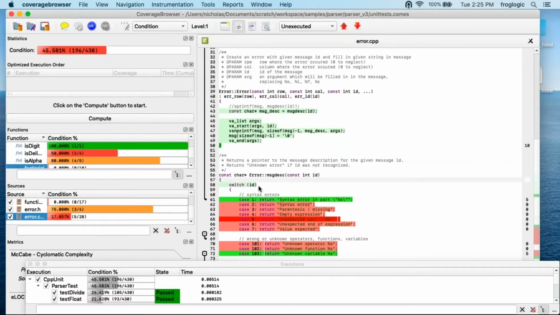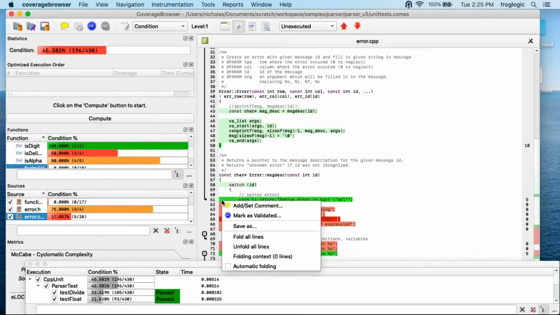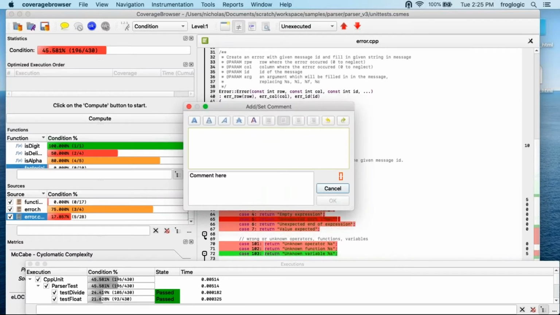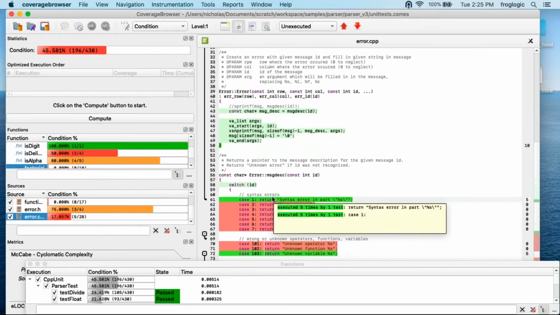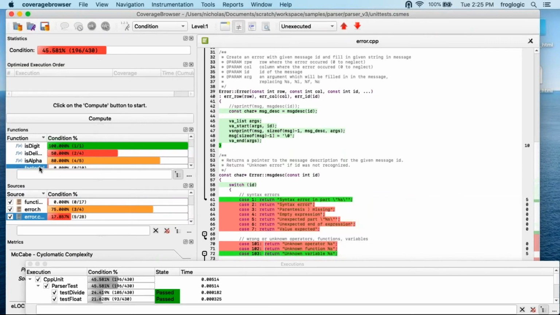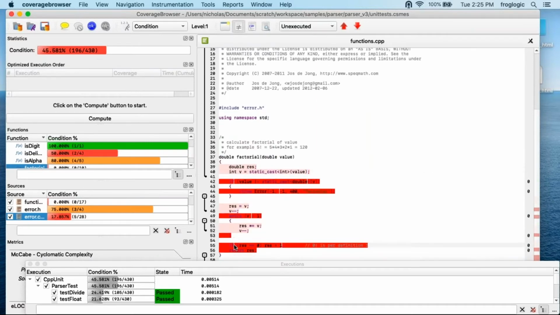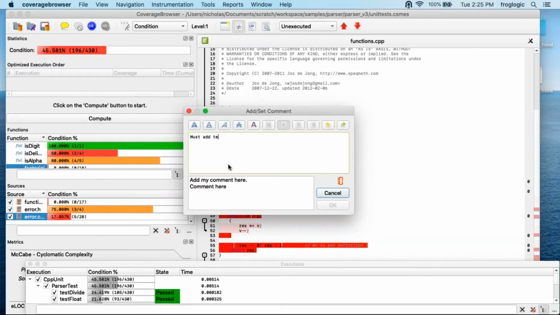One last thing I want to show in the coverage browser is you can add comments. So if I right click on a line, you can add a comment. So add my comment here and click OK. And in your report, all those comments will propagate. So let's say if we go to the factorial function, we right click here, add comment, must add test for 0 factorial,